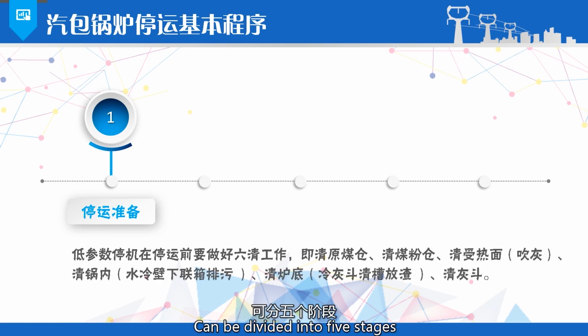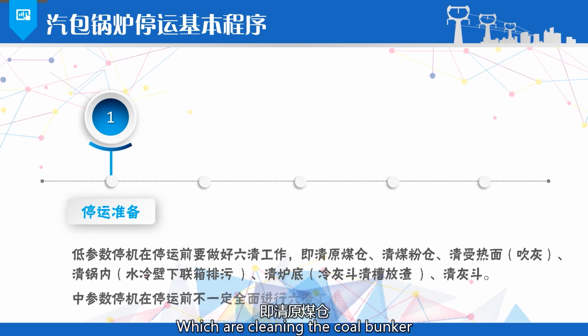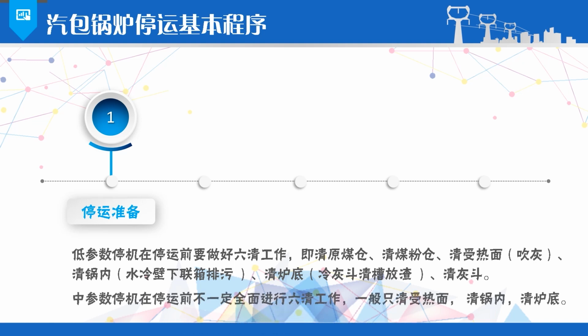divided into 5 stages. First, shutdown preparation. For low parameter shutdown, before the shutdown, 6 cleaning tasks must be completed, which are cleaning the coal bunker, cleaning the pulverizing coal bunker, cleaning the heating surfaces, cleaning inside the boiler, cleaning the furnace bottom, and cleaning the ash